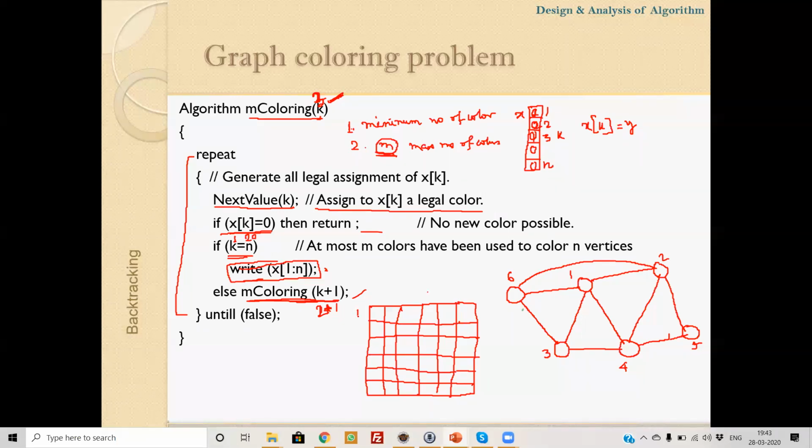So vertex 1, 2, 3, 4. The main diagonal is 0.